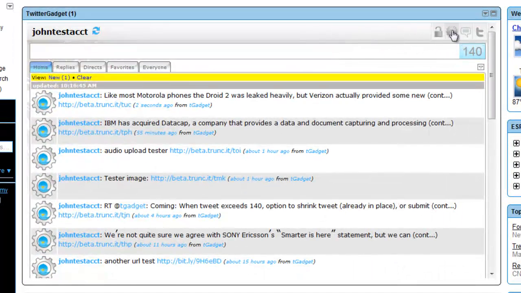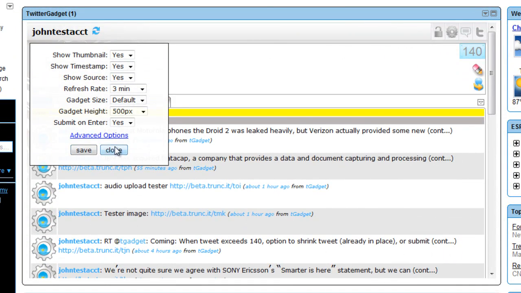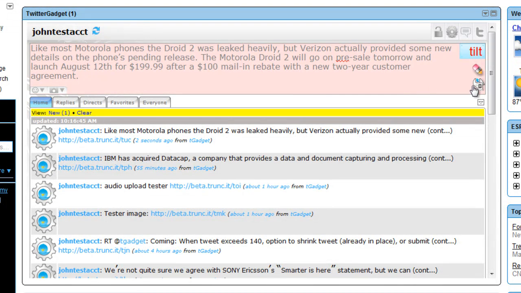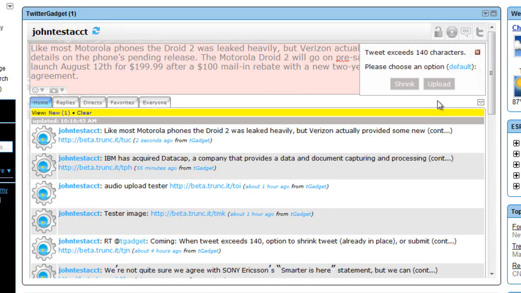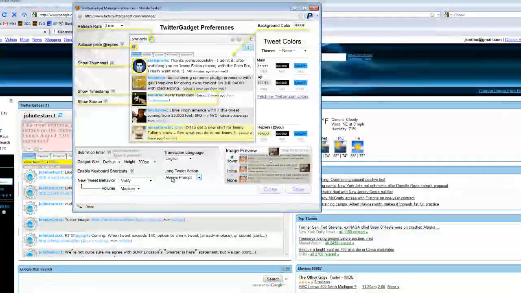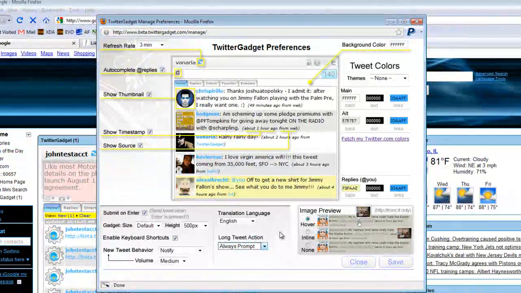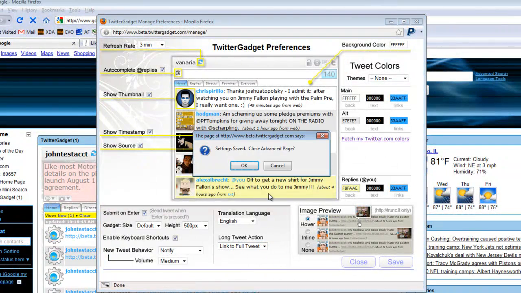It's important to note that you may have seen as well, when you come in and are presented with your option for shrink or upload, you also see a little link that's labeled default. What you can do is, rather than always be presented with the option to either shrink or upload, you can set a default so that we'll always do one behavior or the other. So here on the advanced options page, you'll see long tweet action, always prompt, which is the default behavior. If you want to change that, you can say always shrink or link to full tweet. And what happens then is when you save that option out,